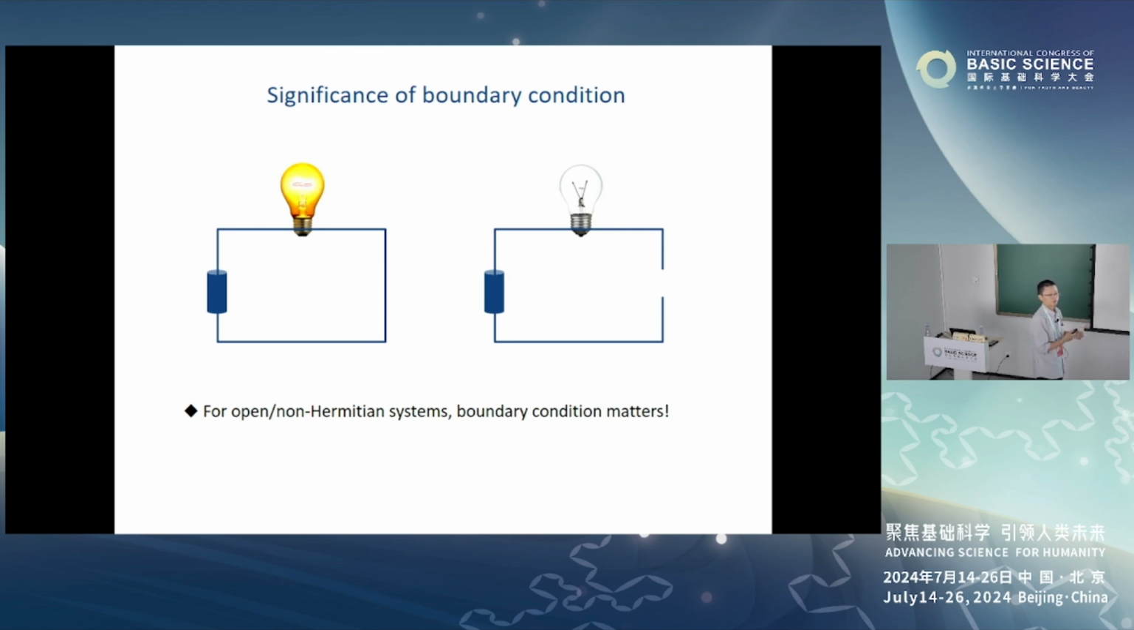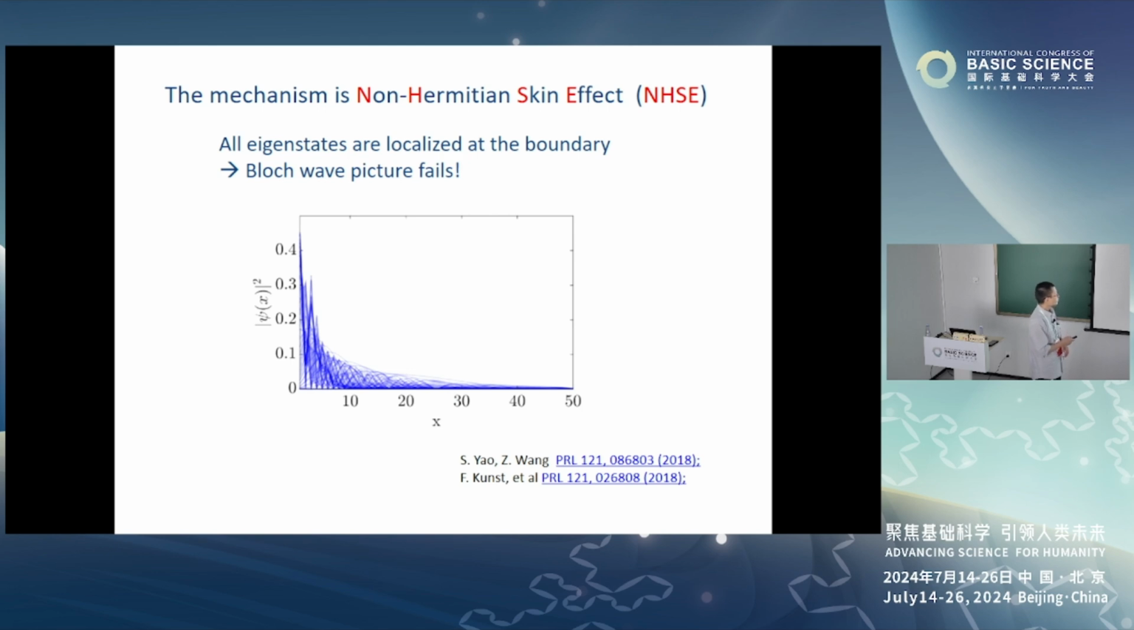For closed systems, usually the boundary condition is not so significant. So if you change the boundary condition a little bit, the ground state of the system usually does not change very much, right? If the system is very big. But for open or non-Hermitian systems, it is very different. So to be precise, in this case, this high sensitivity of the eigenstates of the non-Hermitian Hamiltonian to the boundary conditions originates from the